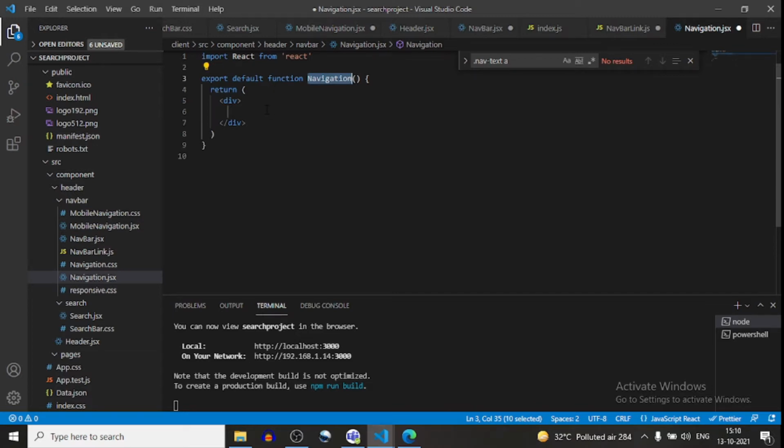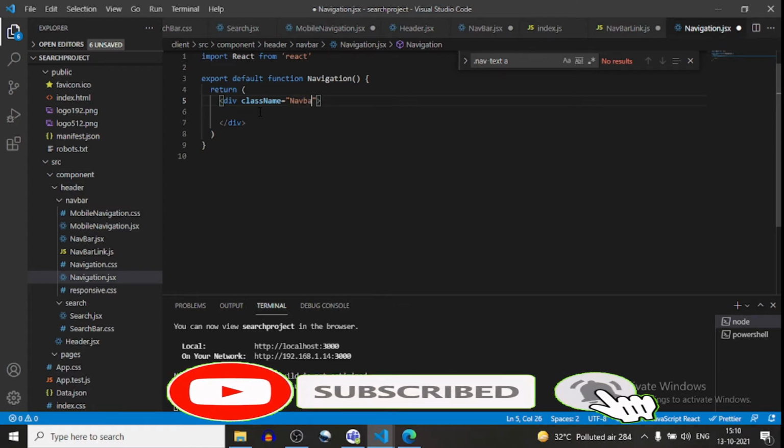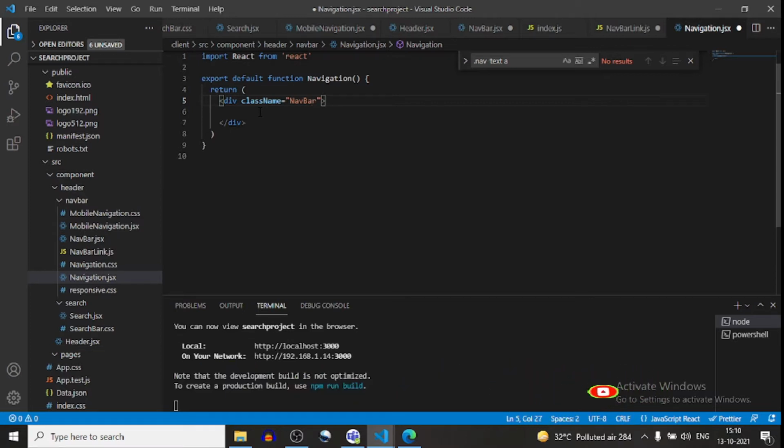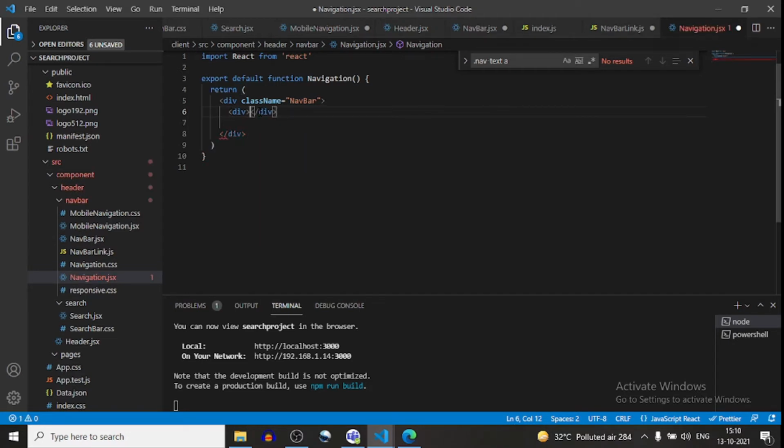Now here I will create a div with a class name, and that class name will be navbar. Another div I will create that also has a class name, and that class name will be navigation.